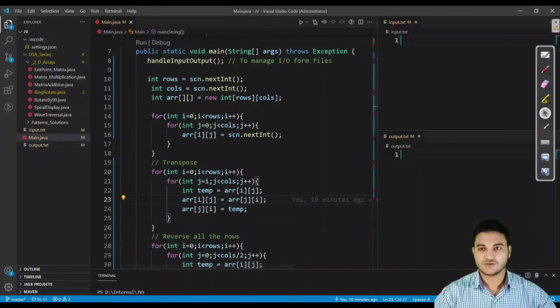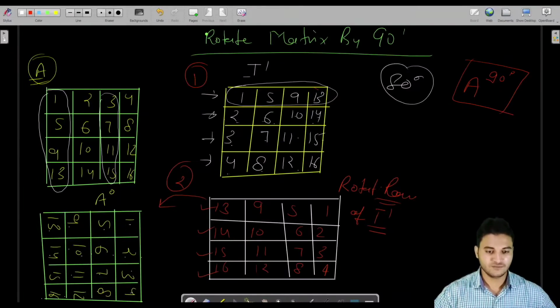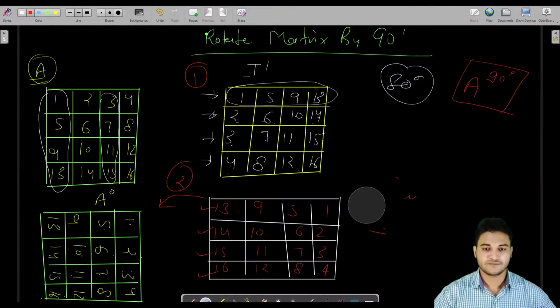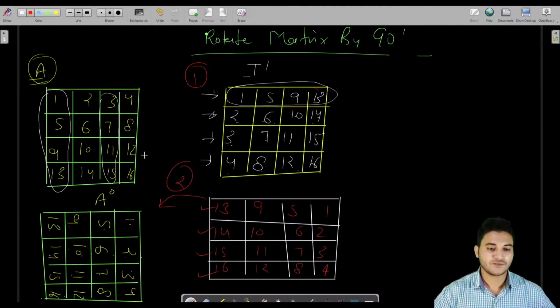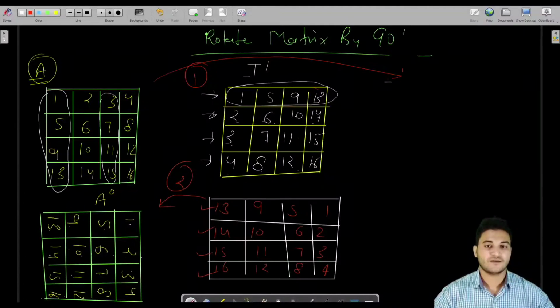In transpose also, there is a very common mistake people usually make. Let us say you are taking the transpose of this matrix here. If I told you to take the transpose of B, you can declare a matrix B and put all the columns into rows.